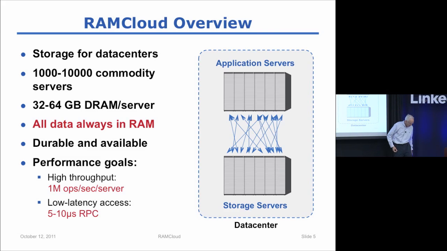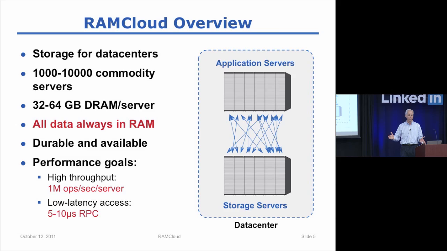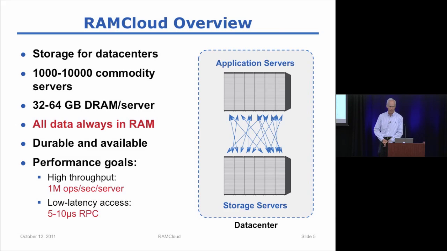The idea for RAMCloud is to take a whole bunch of what used to be disk-based storage servers, on the order of thousands of them, put as much DRAM as you can afford to put on each machine. And today, that's about in the 32 to 64 gigabyte range. If you put more than that on a machine, they start getting so expensive that you're better off just buying more machines. But I think that number is about to jump up to 256 gigabytes or maybe even more. So put as much DRAM as you can on each machine, and then build a software system, which is RAMCloud, that aggregates all of these servers together to provide one coherent storage system that looks like a single storage system for the entire data center.